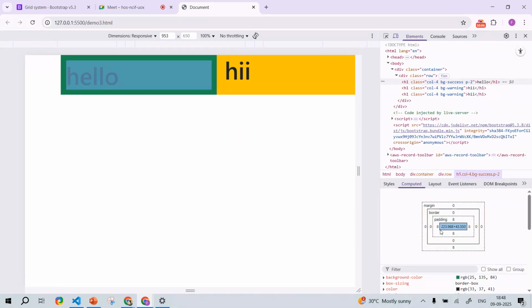See here, inside here, you can see the box. It has taken 8 pixel. Can you see, guys? It has taken 8 pixel. Now, the same way, I want to give only